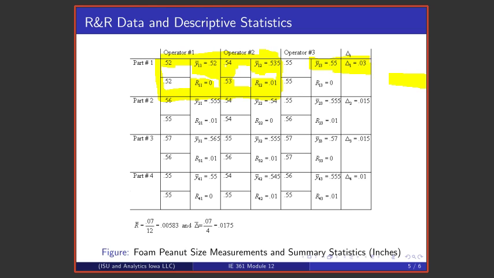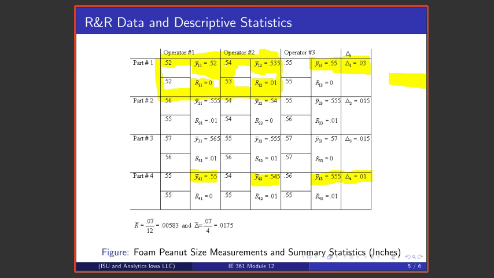And that is some kind of a summary of operator to operator differences plus some repeatability difference. If I look on the last row, for example, the 0.55, 0.545, and 0.555 have a range of 0.01, and so we're going to call those